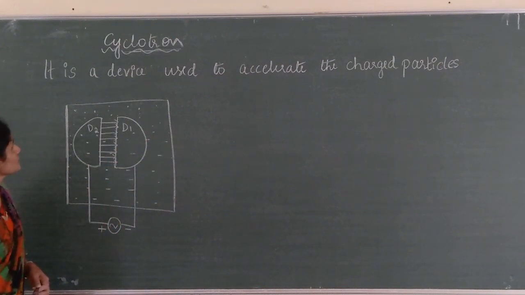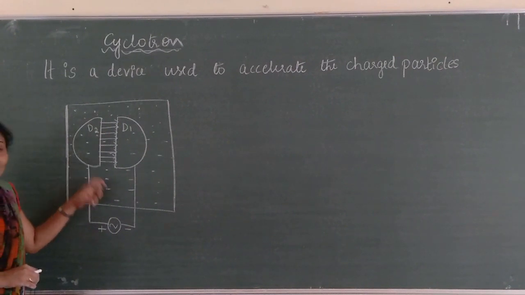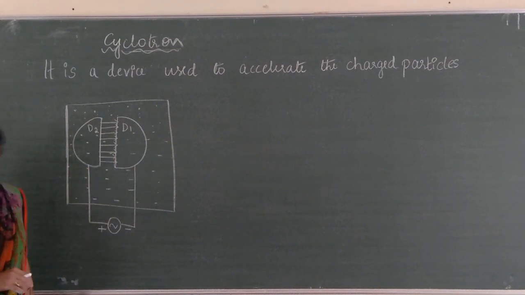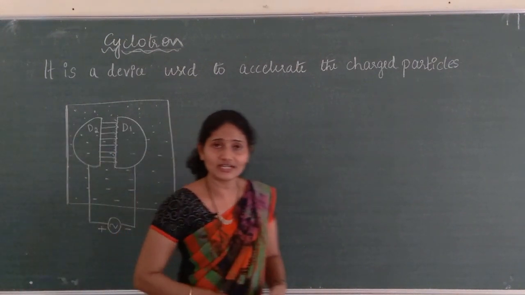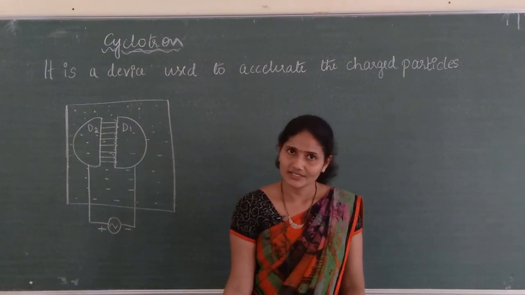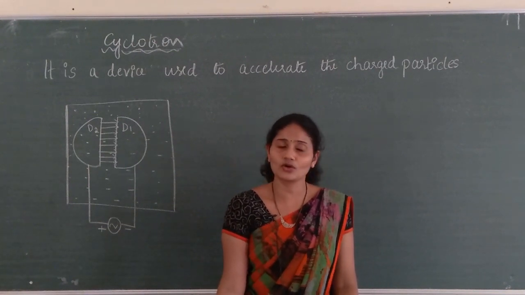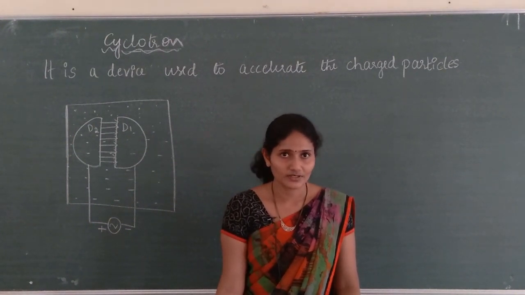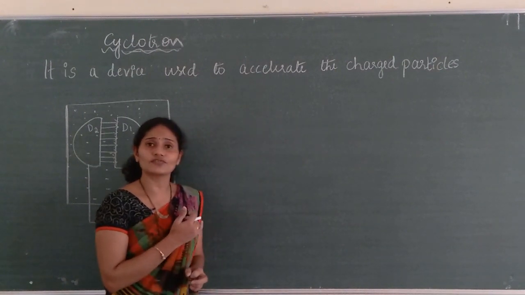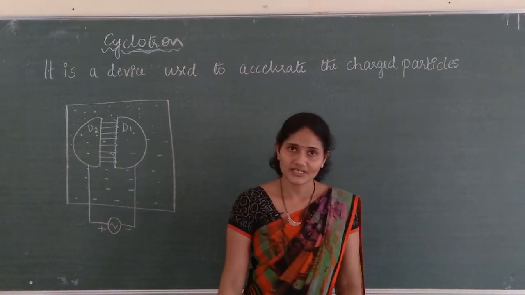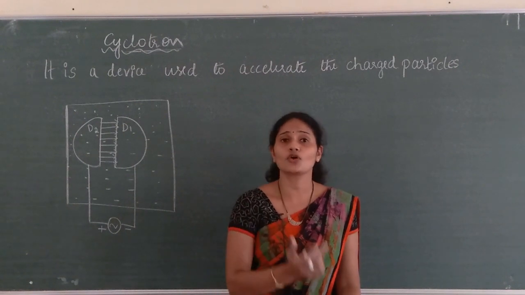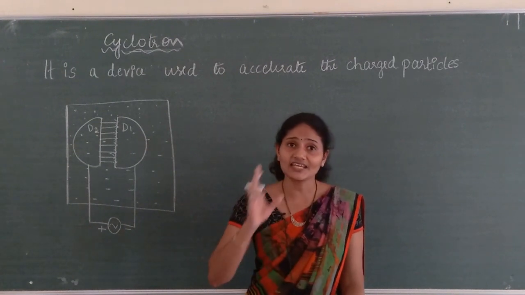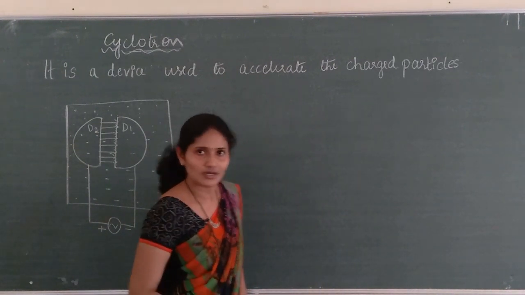Okay? So this device is used to increase the speed of a charged particle. Here we have both electric as well as the magnetic field. We know that electric field is used to accelerate the charged particle, right? The force acting on the particle in the presence of electric field, F is equal to qE. Similarly, here we have magnetic field. Magnetic field changes the direction of motion. It will not accelerate the charge, but it changes only the direction of motion of the charged particle.